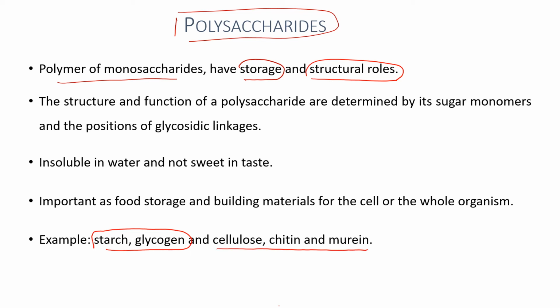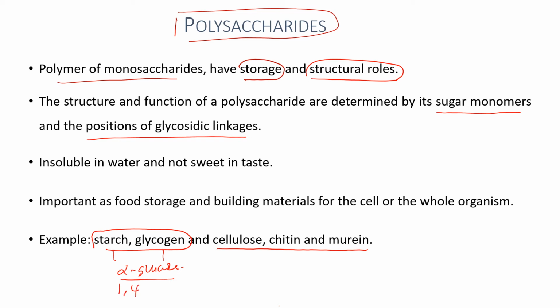The structure and function of polysaccharides are determined by their sugar monomers and the position of the glycosidic linkage. The monomers of starch and glycogen are alpha glucose, linked together through